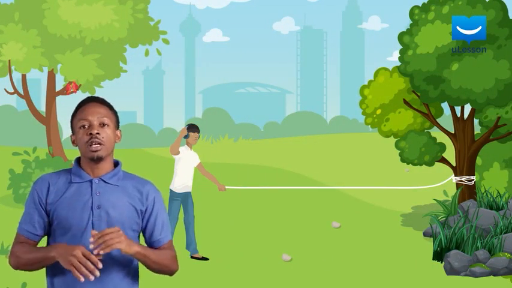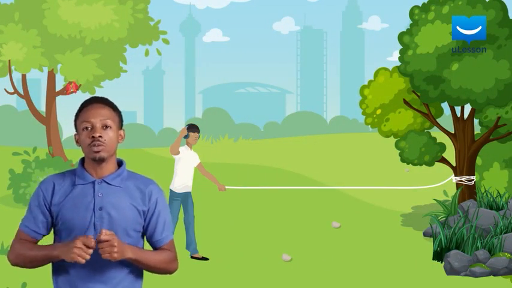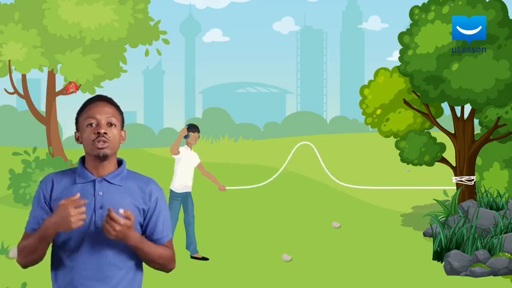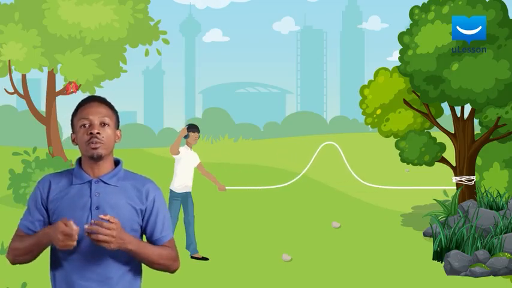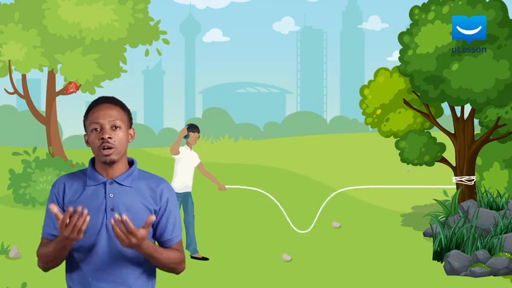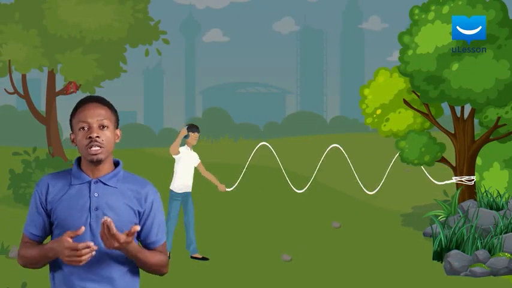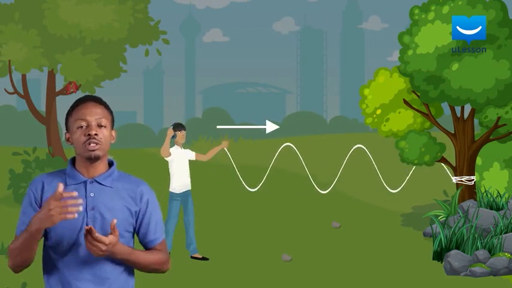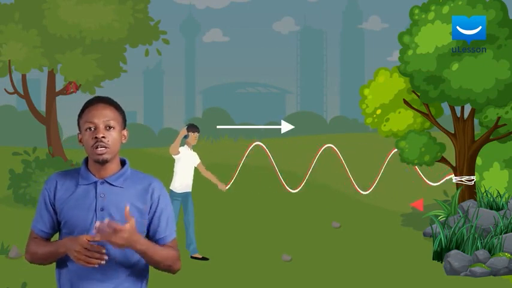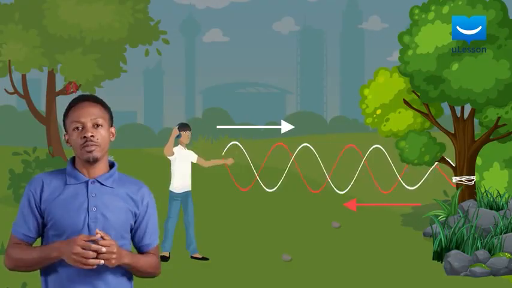For instance, if you tie a rope at one end to the tree and swing it at another end, what you will see is a wave traveling from the point you swung it to the tree. But as soon as it reaches the tree, it will be reflected back to your hand. Assuming you're able to keep swinging your hand and creating more waves, then what you will see is a series of waves traveling to the tree and a series of reflected waves traveling back from the tree.